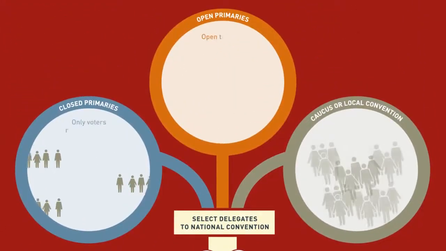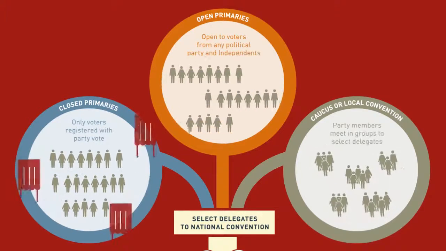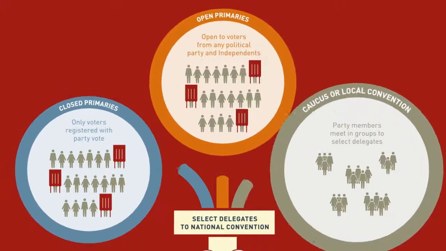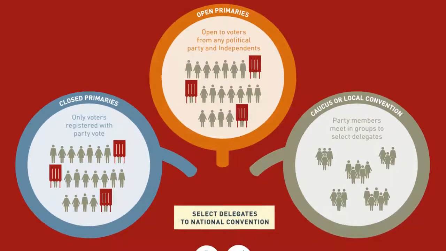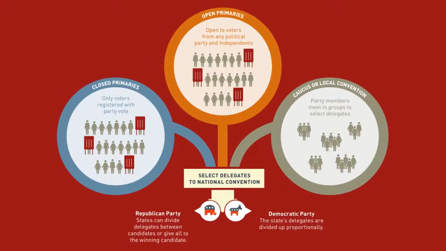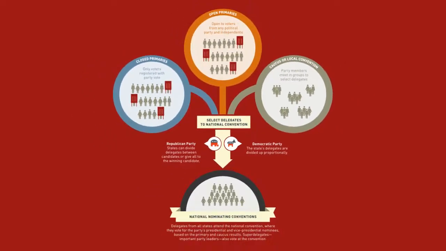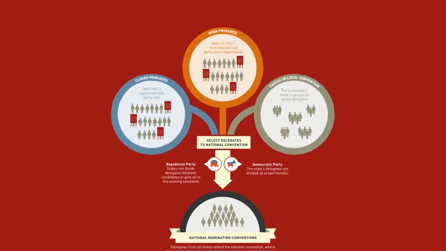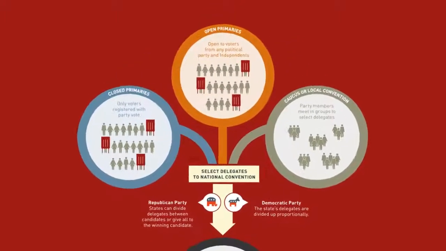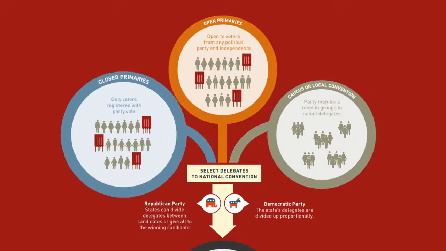As you will see, the process can be complicated. Not only do states differ in how they select the party's nominee, but the parties have different methods as well. Here, we will discuss these methods while looking at how the 2012 race for the Republican nomination unfolded. The format of the elections is determined by the state and national party organizations, and different states have different forms